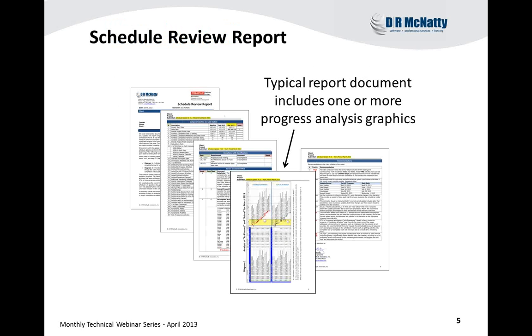So what is the schedule review report? Well, it's a document that would be produced monthly by someone that's reviewing a schedule update. Usually it'll have an executive summary. It may have a page or two of key metric comparisons, identify some issues and impacts, spelling them out. And we usually will have one or more of what I call progress analysis graphics, where we'll take issues that we've identified in the schedule and put them into a graphic format to make it a little bit easier for the